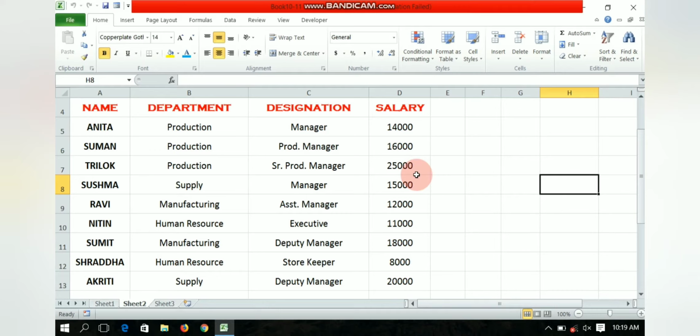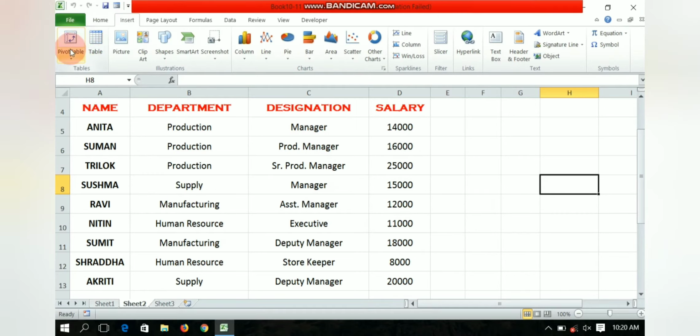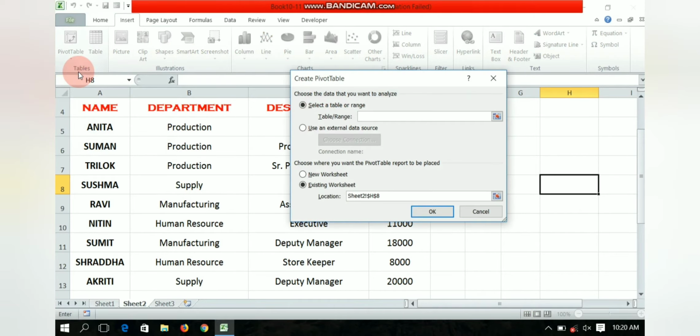Here we have one table with name, department, designation and salary of various people. We will create a new worksheet, select the entire data range and insert a pivot table. For that, you need to go to the Insert tab and click on PivotTable and click on this option.